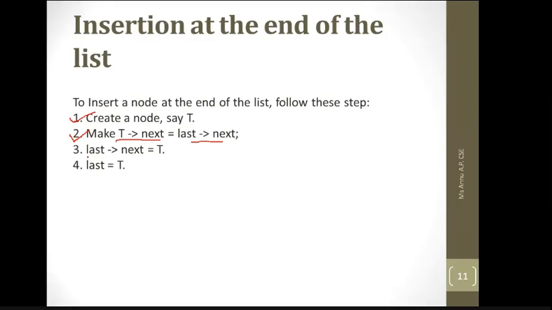And once we have assigned the value in 10 next as head of the list, you can proceed with the last next as the newly inserted node. And once you have assigned its value, you can make the newly inserted node the last of the given linked list. Any doubt, class? The insertion in the beginning or insertion at the end is very simple to implement in circular singly linked list.